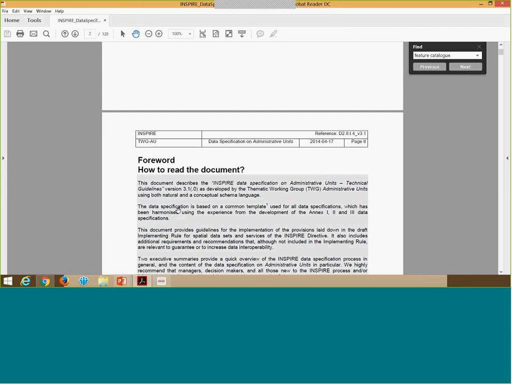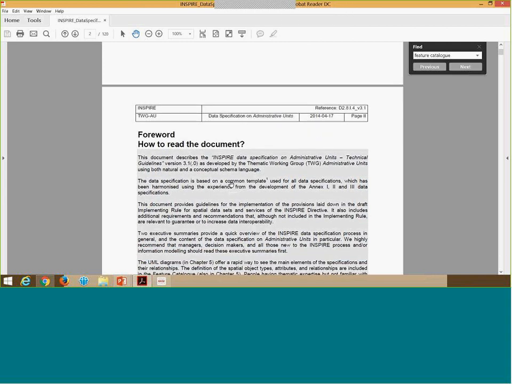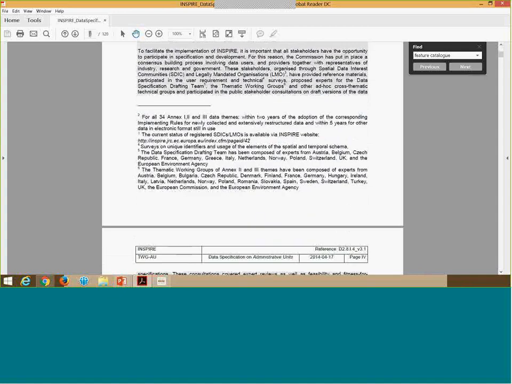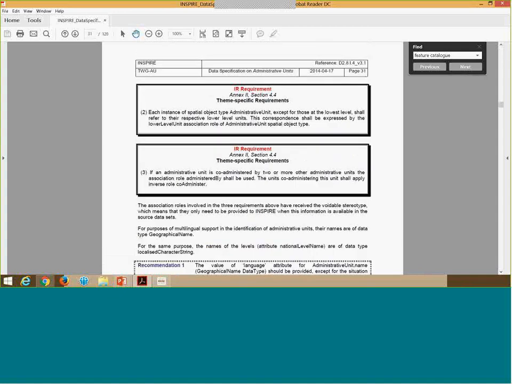Okay, perfect. So as I was saying, we have the technical guideline document, which specifies everything that we need to know about the data team. Here we have our requirements that you can see. They are specified inside the blocks. As well, it contains the code lists and the constraints inside of this document.